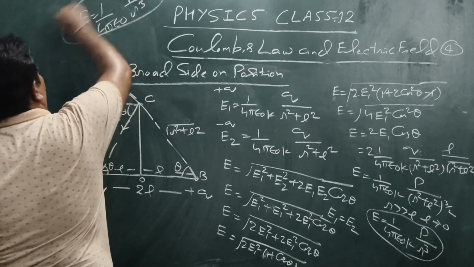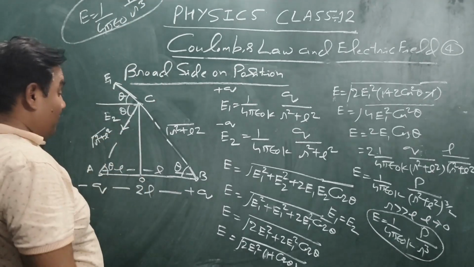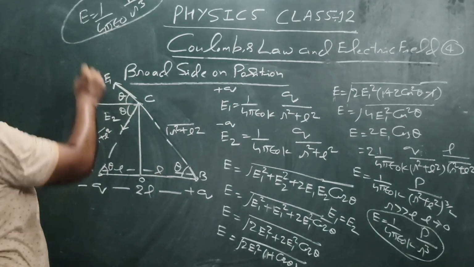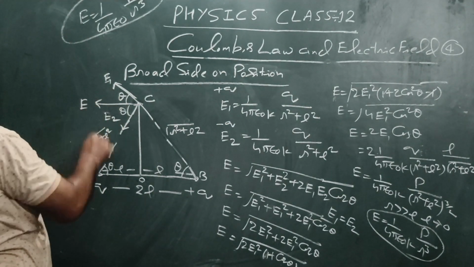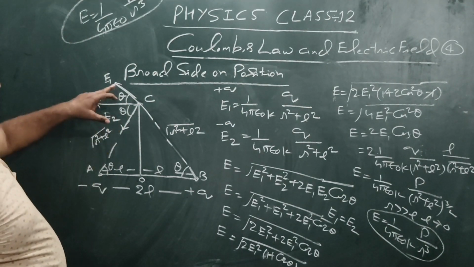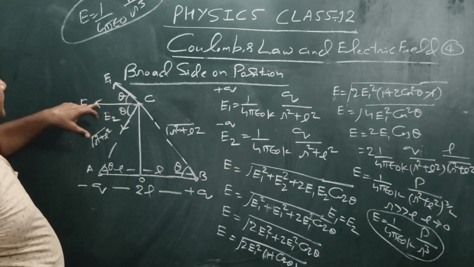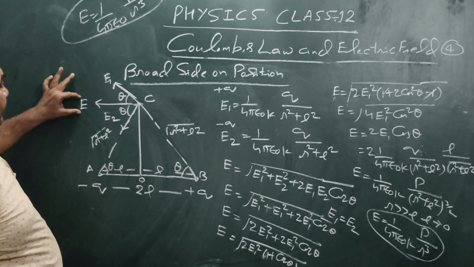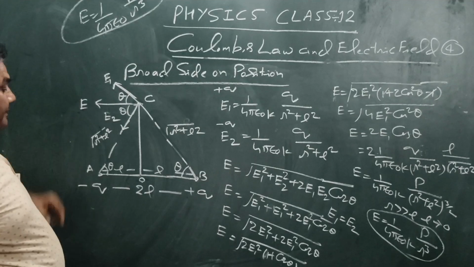This is the intensity of electric field at point C due to this electric dipole, and the direction of this resultant is this. When two vectors are equal to each other, their resultant bisects the angle between them. So the direction of the resultant is this, that is